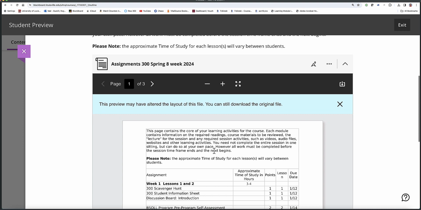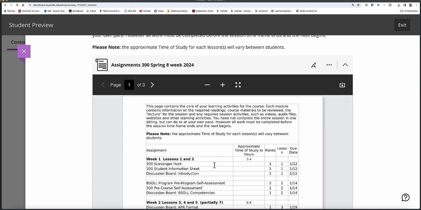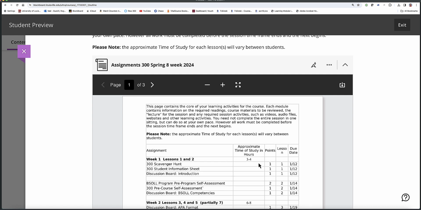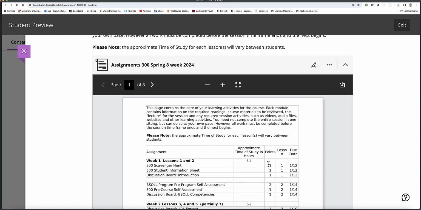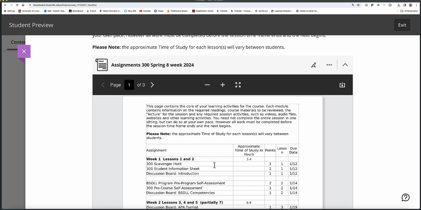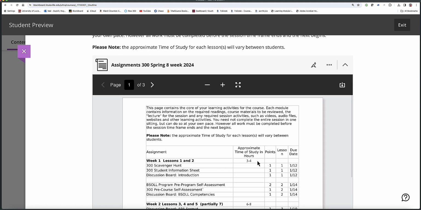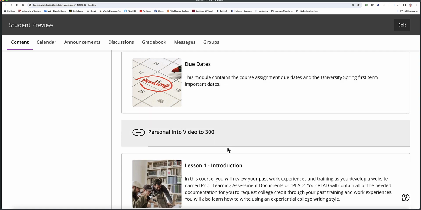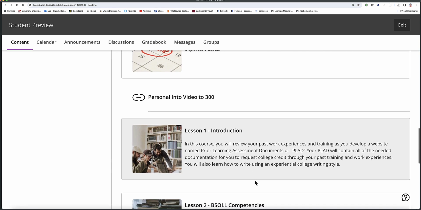But I did want to show you this timeline and all the assignments themselves, and then the approximate hours of study, their points value, where they're contained, what lesson, and then their due date. So what we can do now is we can simply scroll to the next part of the Blackboard, and that's the 8-week term. So now I'm going to close this out,